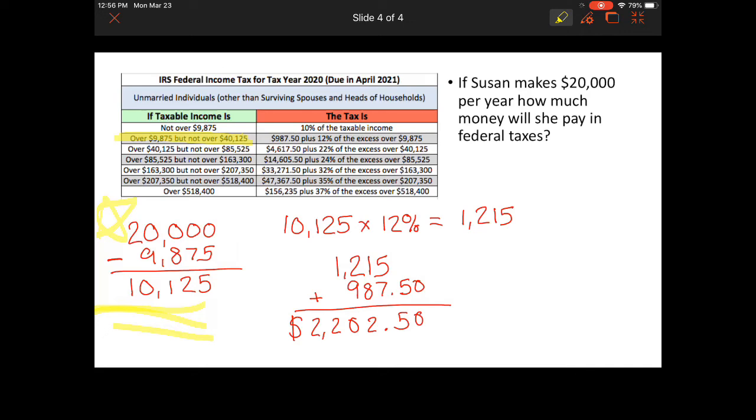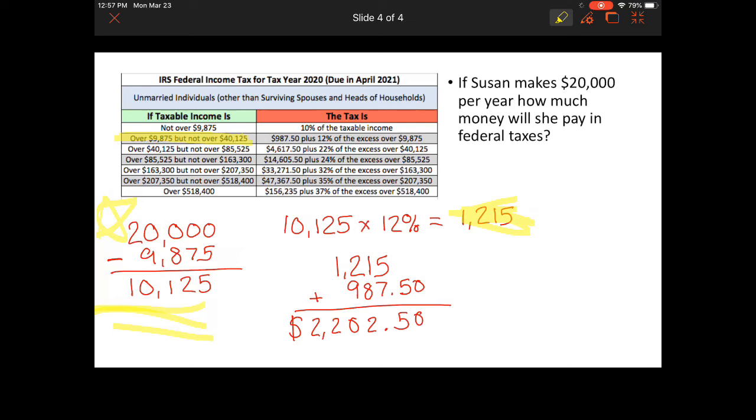Now the next step, $10,125, I need to tax that at 12%. So doing the math here, $10,125 times 12% equals $1,215. But that's only the second part. Now I need to add the brackets together. Again, it has already done the math for me. With the first bracket, I just figured out my excess over the $9,875 is $1,215, but I need to add the bracket below, which is why I have this $1,215 plus